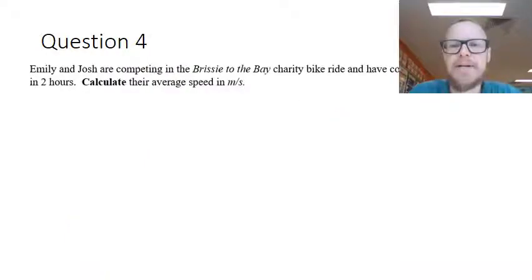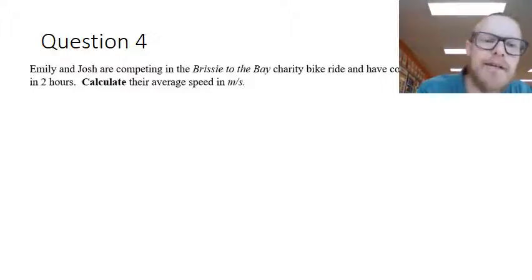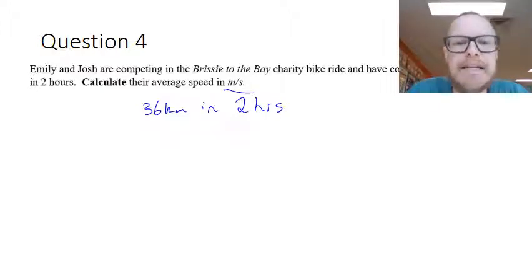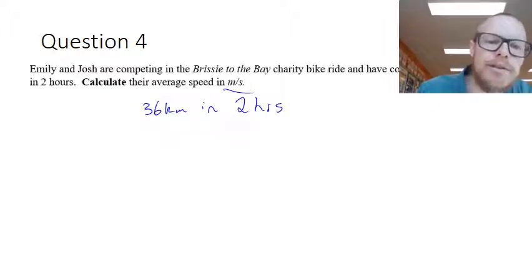So looking at this question, we've got 2 people competing in a race and they've done 36 kilometres in 2 hours. Calculate the average speed in metres per second. So they've done 36 kilometres in 2 hours, and we need to get the answer in metres per second. So let's convert this to metres. 36 kilometres times 1,000,